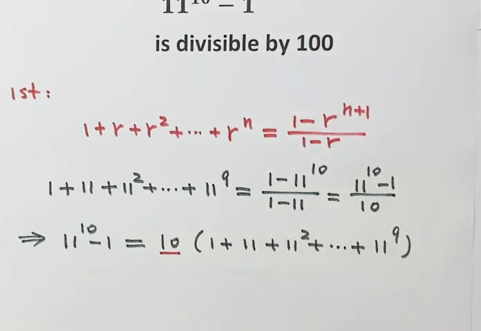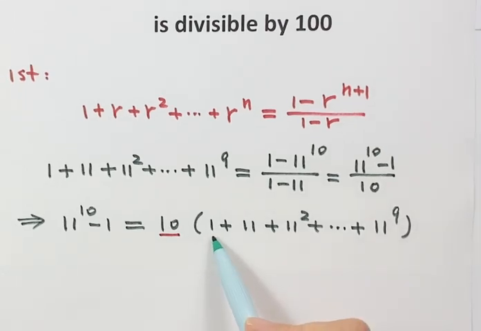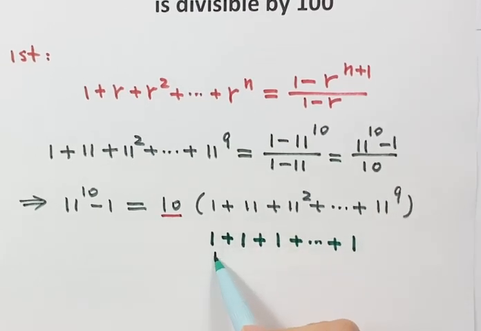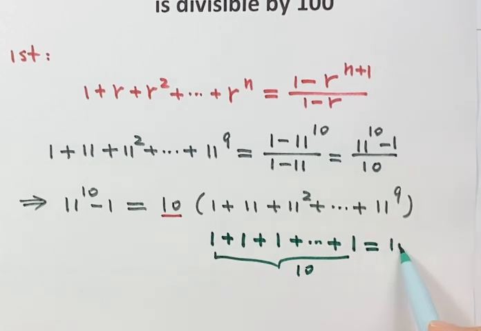So now let's do the sum of the last digits of each number. The last digit of the first number is 1. The last digit of this one is 1. Same thing here, it is 1. So we notice the last digit of each number is just 1. How many numbers do we have here? 10. So that's why we have 10 ones, so the sum is just 10. That means for this sum, the last digit is 0, so this sum is divisible by 10.